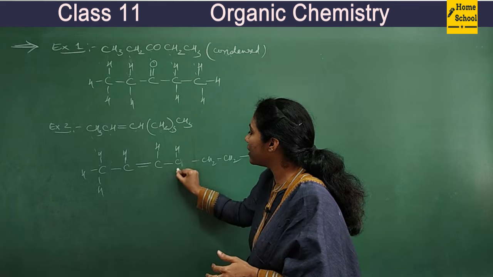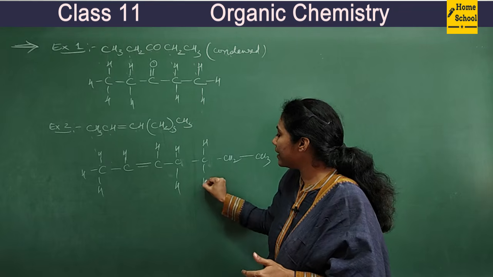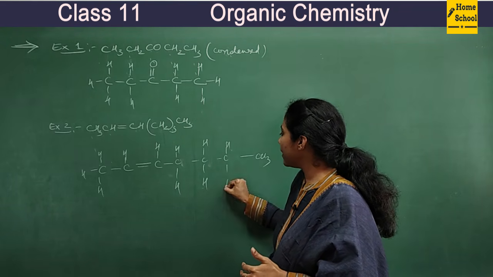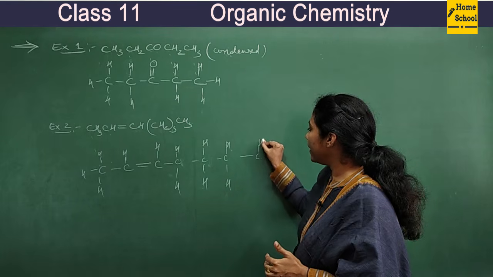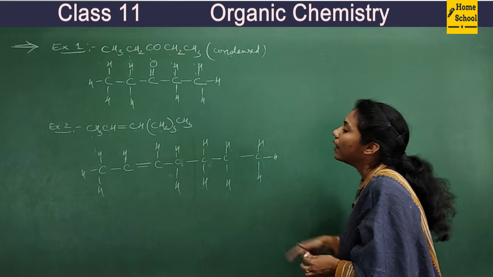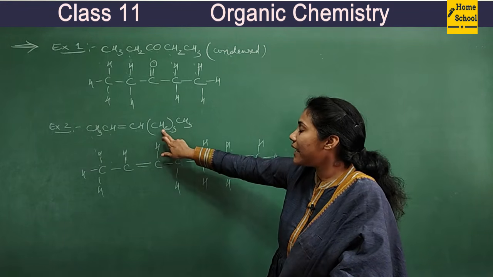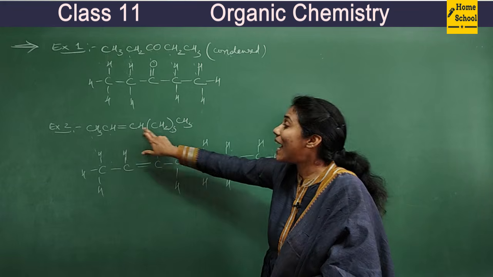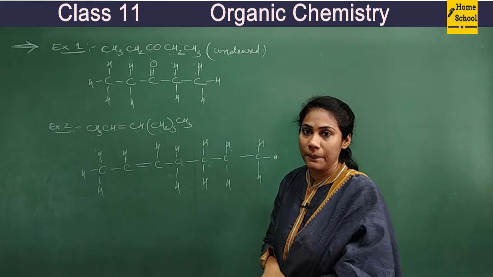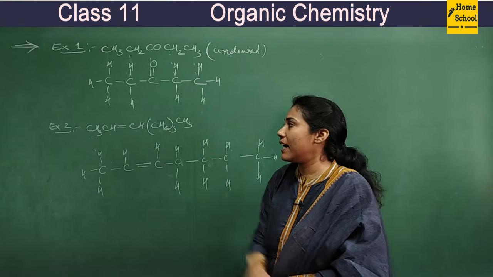1 hydrogen here, another hydrogen here. So for this carbon, 1 hydrogen here, another hydrogen here. For this carbon, 1 hydrogen here, another hydrogen here. For this carbon, hydrogen, hydrogen, hydrogen. So this is the structural formula for this condensed formula. Okay. So whenever CH2s are there in bracket, don't think that they are branches for this carbon. CH2s come in a line only. If CH3 is there, then it is a branch for this carbon.